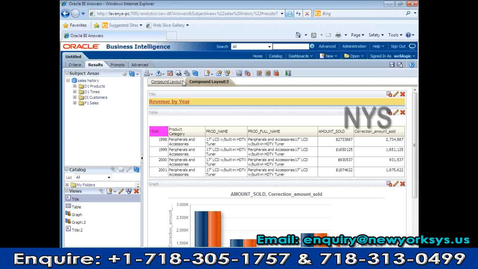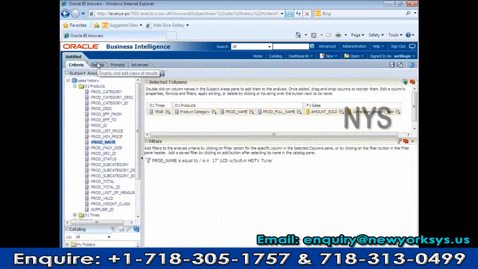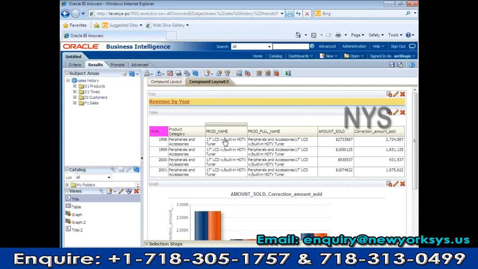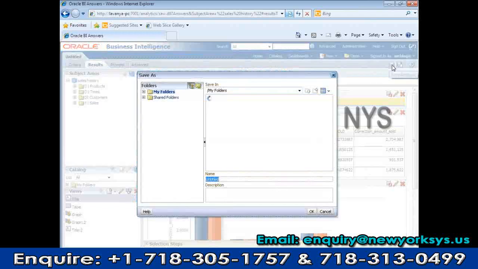Till now we didn't save our report. Just now I created it, dragged and dropped the columns, and I have seen the results. Now I am okay with my results. I want to save this report. For that we have an option, save analysis, save as. So I'll say save. If you click on save,